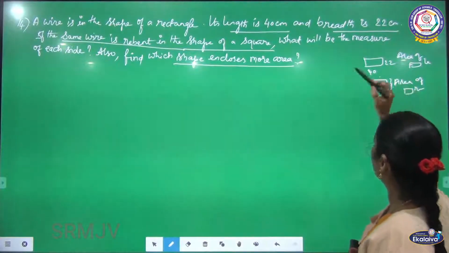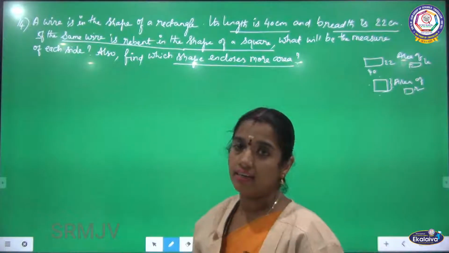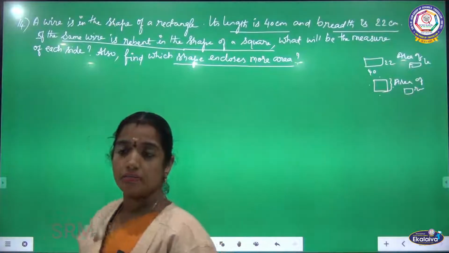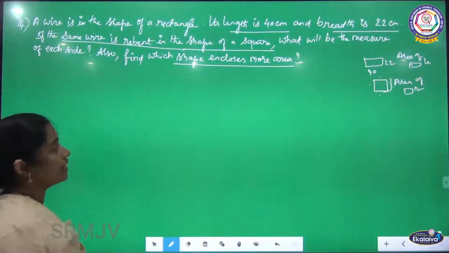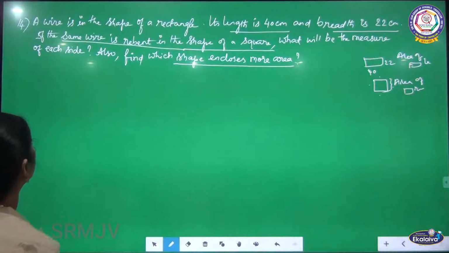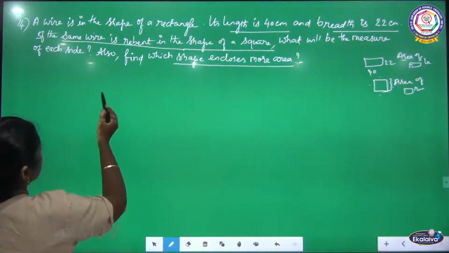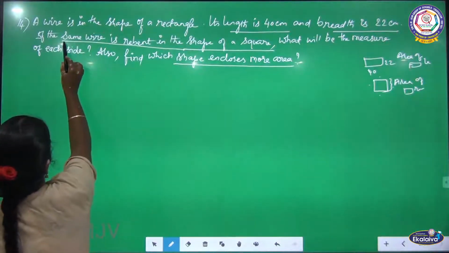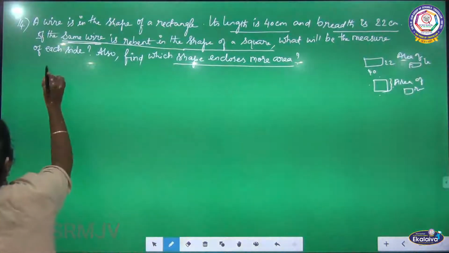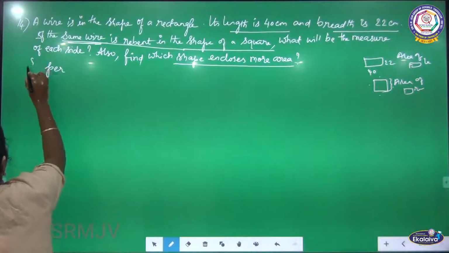I am going to find the side. Got it? So, now I am going to take that the perimeter of a rectangle and the perimeter of a square are equal, because they have given that a wire is in the shape of a rectangle, same wire. So for that,